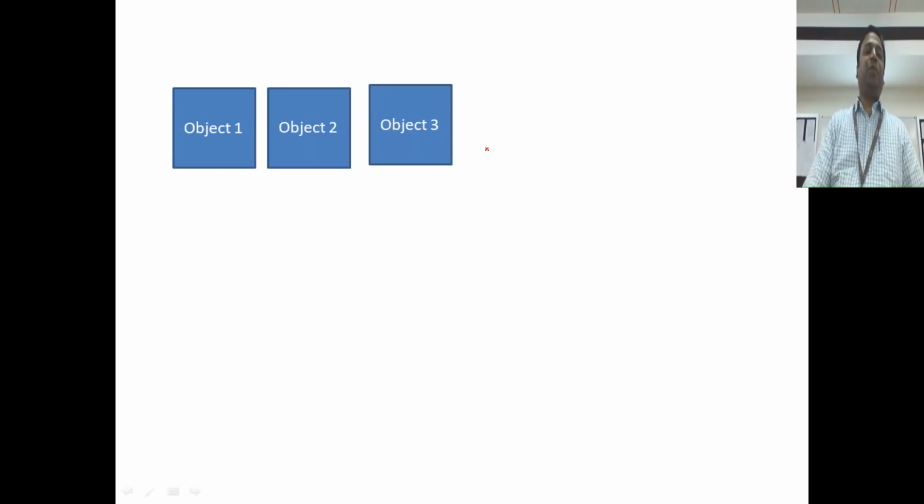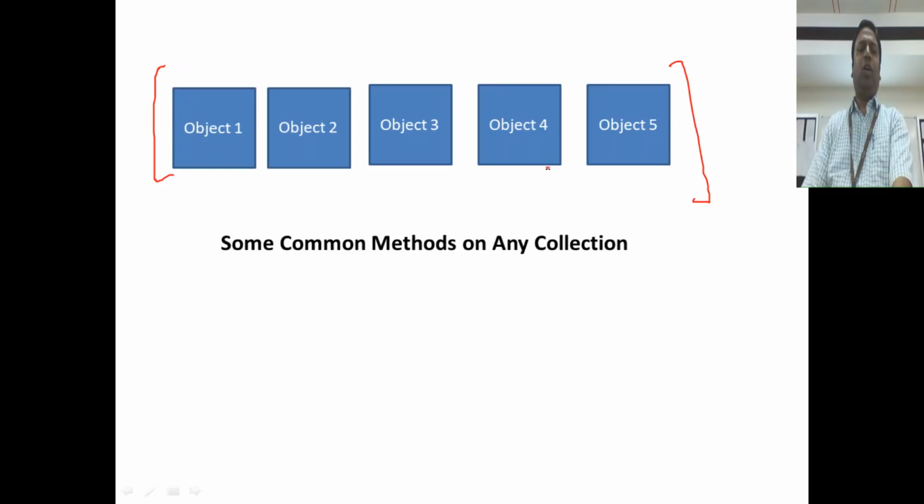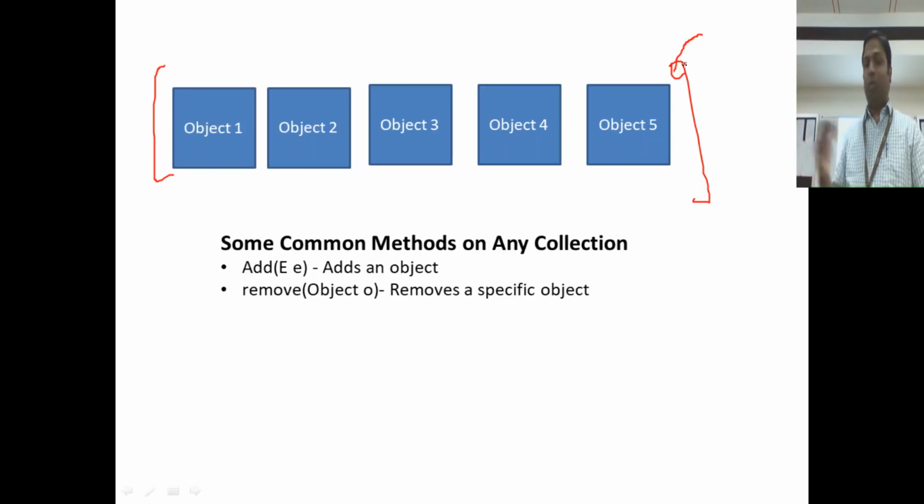So let me take an example of a collection. So some objects, you're just going to put these objects together. You call them what? A collection. So when you have such a collection, what are the common methods you can think on a collection? Some of the common methods are, first thing you can get into your mind is you can add another object to your collection. Adding an object is one thing. Once when you add, you can also remove. Say I want to remove one particular object, I can remove that. So adding objects, removing objects,